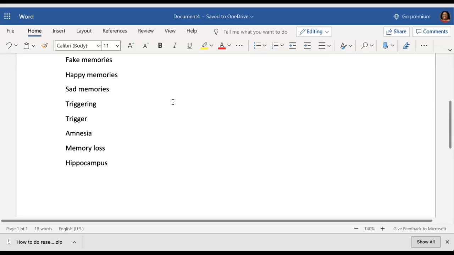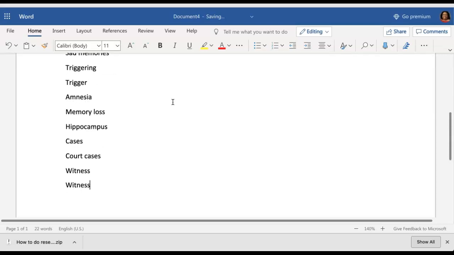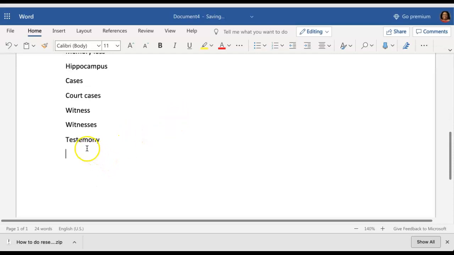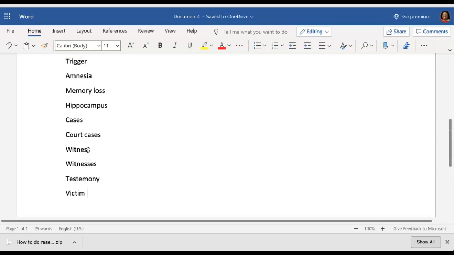So additional keywords you can have here is cases, maybe court cases, witness or witnesses, testimony, if I can spell it correctly, testimony. No, I cannot. That's okay. We will fix it here in a minute. Testimony, we have maybe victim. And so we have these great